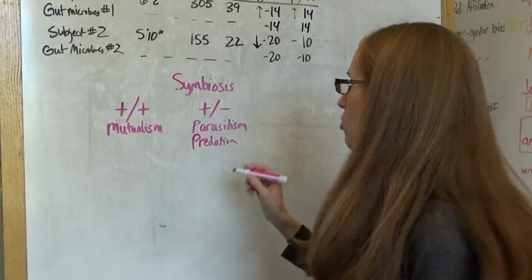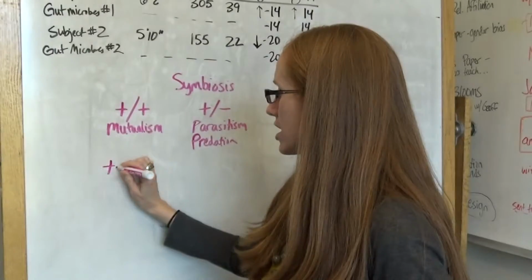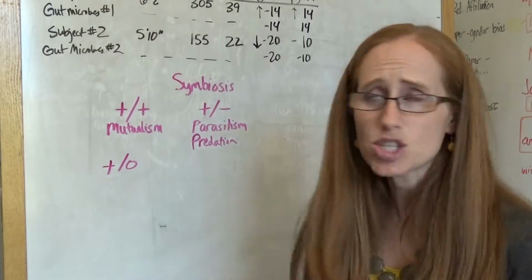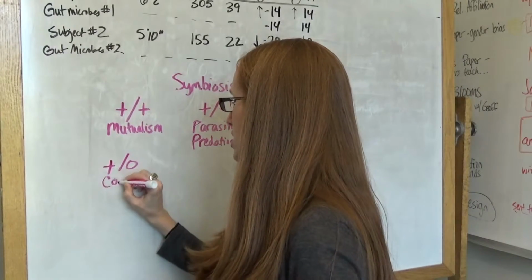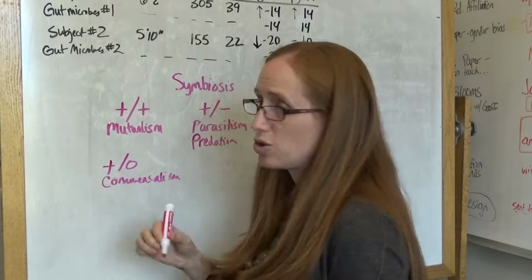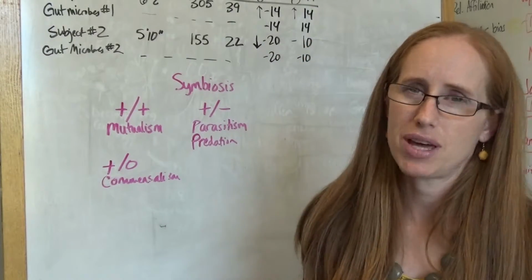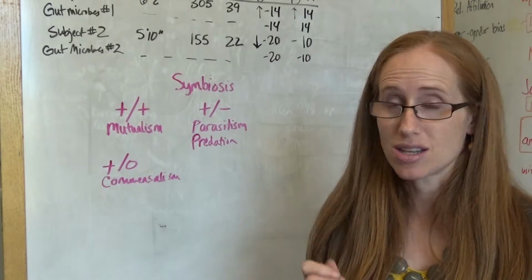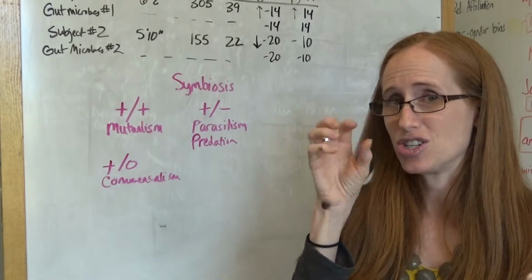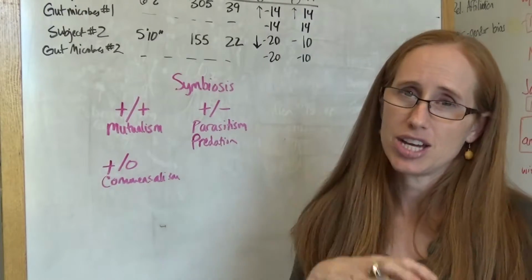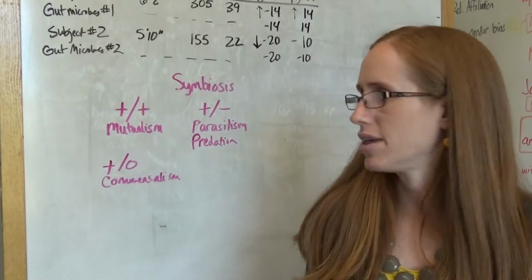The other ones are, what if one organism benefits and the other one doesn't care that it's there at all? We call that commensalism, and there's some good examples in your book, like the dung beetle who eats the dung of the cow, but the cow doesn't benefit in any way. Or you have the oxpecker that sits on the back and catches bugs as the herd is moving and the bugs are coming up out of the grass. They're catching the bugs, but the oxen don't really care that they're there.